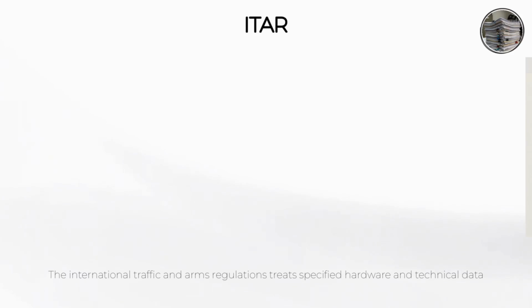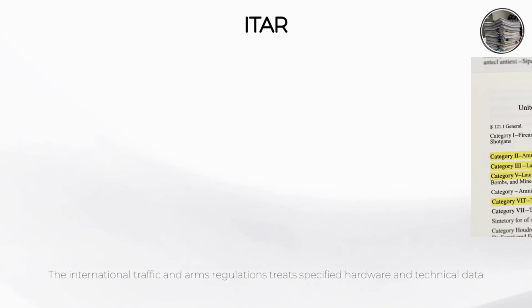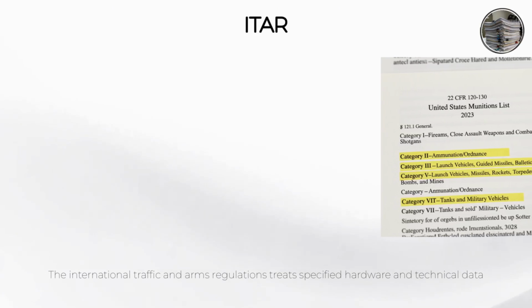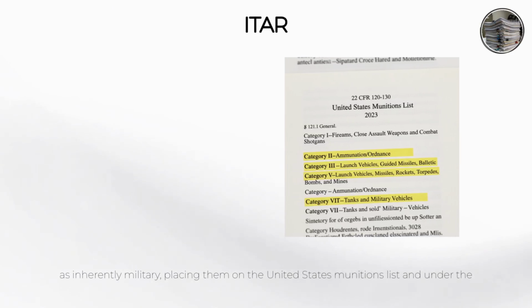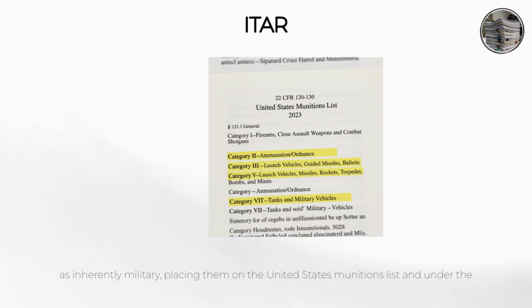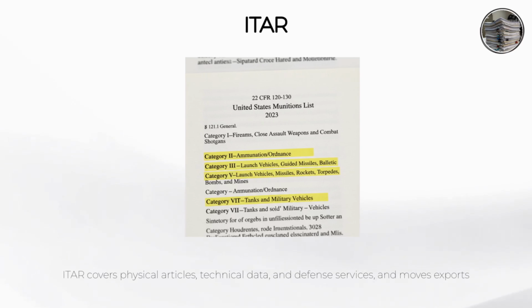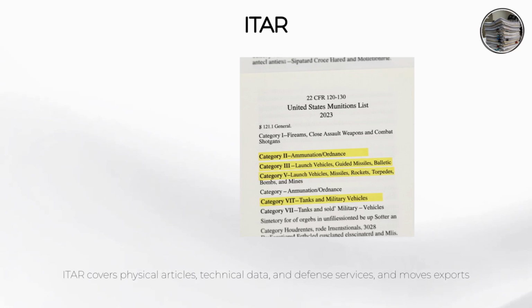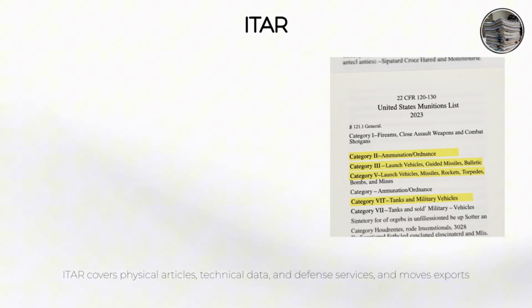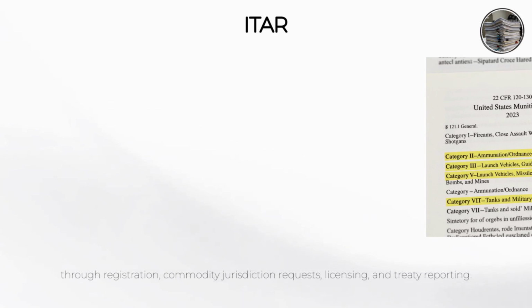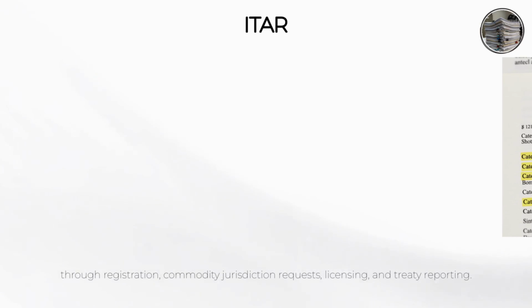The International Traffic in Arms Regulations treats specified hardware and technical data as inherently military, placing them on the United States Munitions List and under the Directorate of Defense Trade Controls at the State Department. See Arms Export Control Act and 22 CFR Parts 120 through 130. ITAR covers physical articles, technical data, and defense services, and moves exports through registration, commodity jurisdiction requests, licensing, and treaty